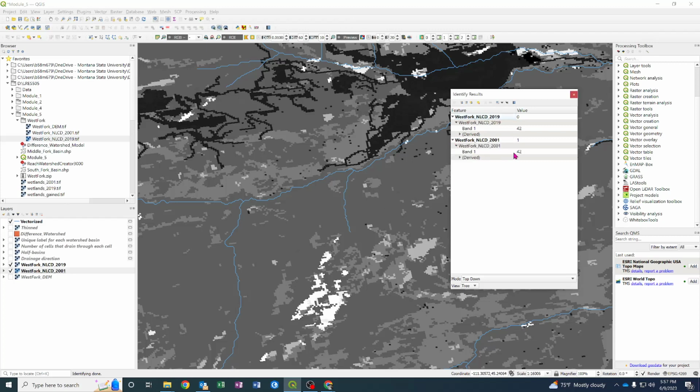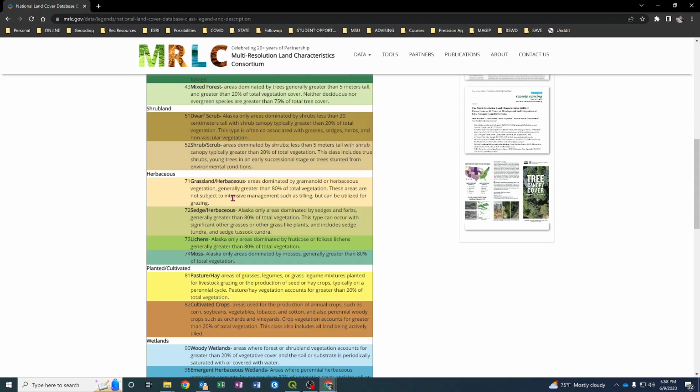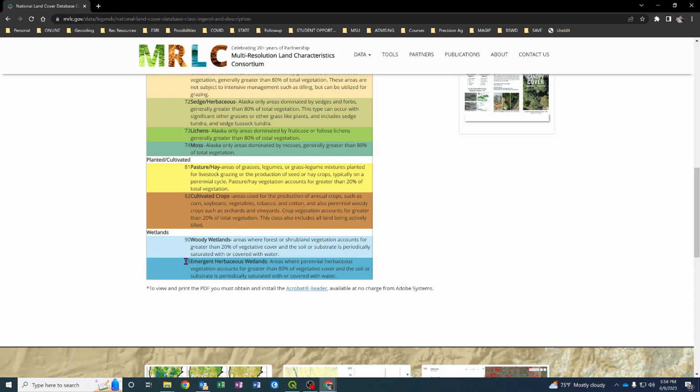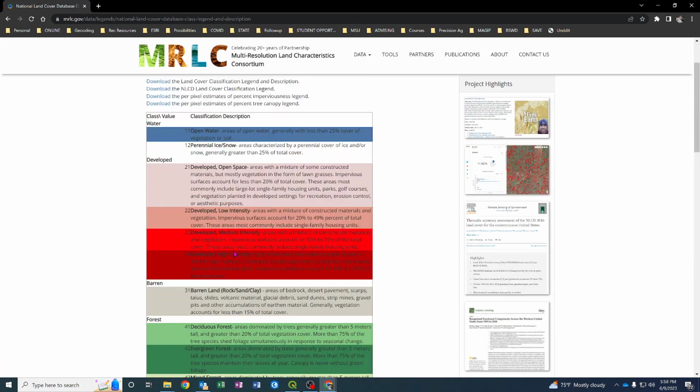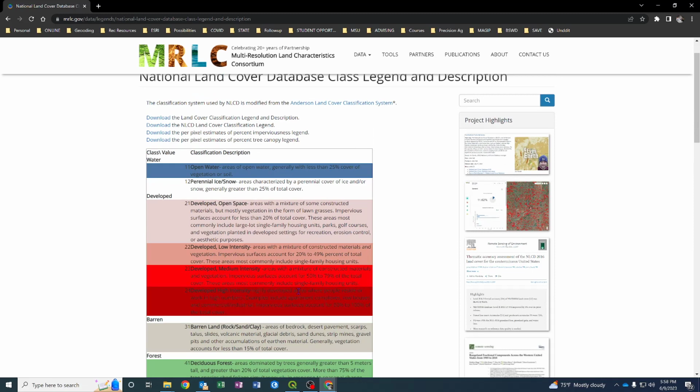Similarly, if I click around, I can see different values. So let's take a look at this 95. What's this bright value that's shown up here? And if I go back to my legend, and if I scroll on down, I can see that 95 is emergent herbaceous wetlands. So you'll also notice that the colors available in here will provide a nice colored version of the